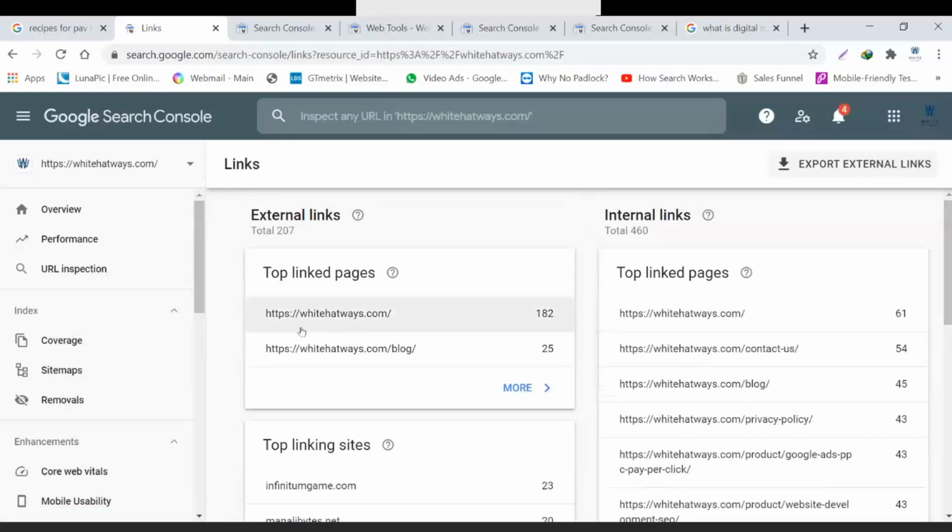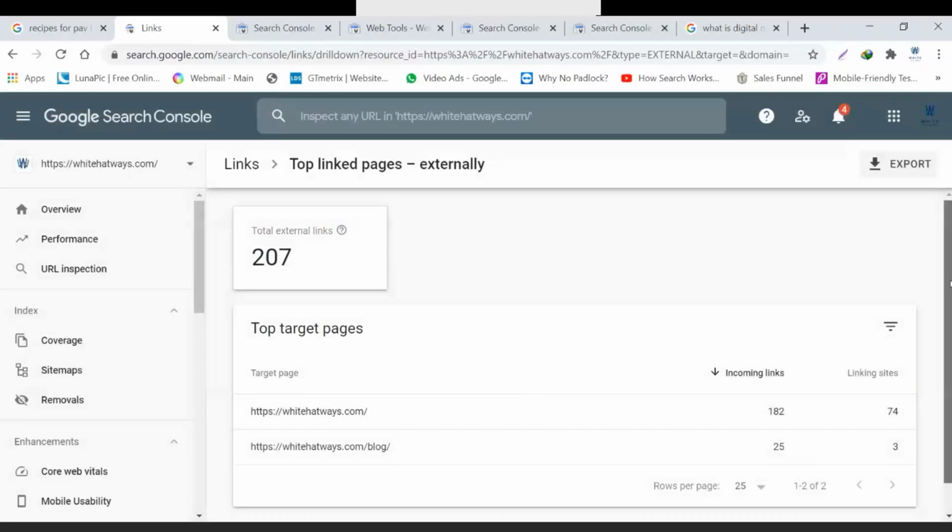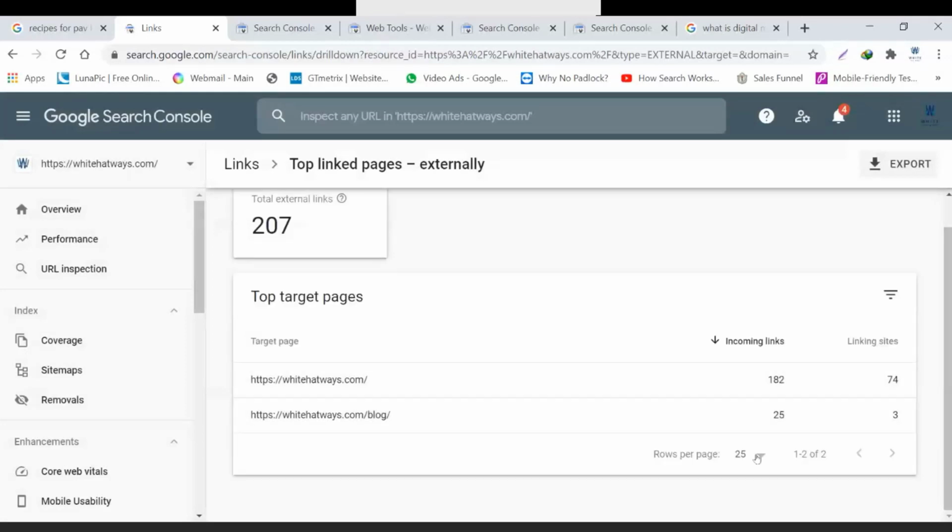So basically these are the pages to which I am getting linked from various other domains. Various other websites are linking to these pages, and that is why they are appearing under the external links. So these are the pages which are getting externally linked from other domains.